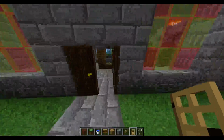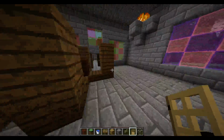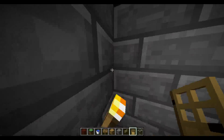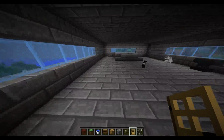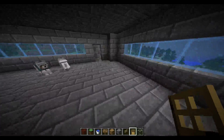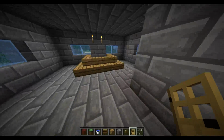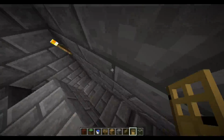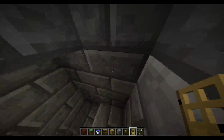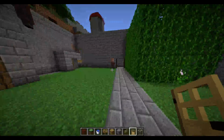And then also, when you go inside, there's also a dining hall and also another large fireplace. And upstairs, just like the castle, there is also a large bed for the nobles that live in here. And even higher is another bedroom. And outside of this noble's house